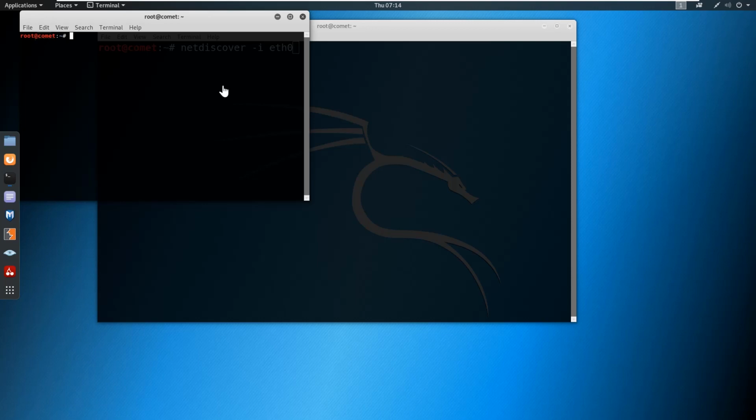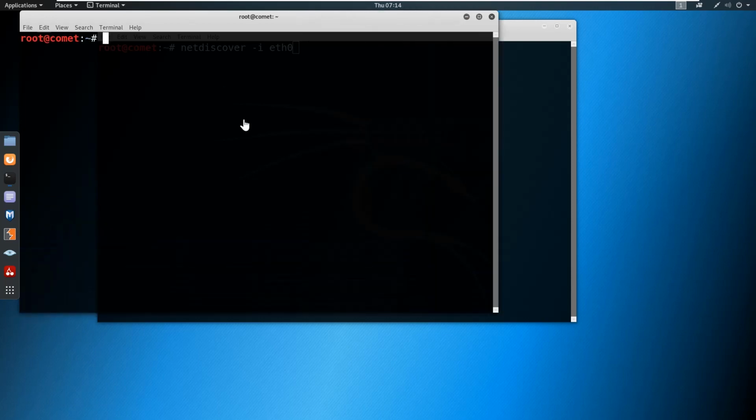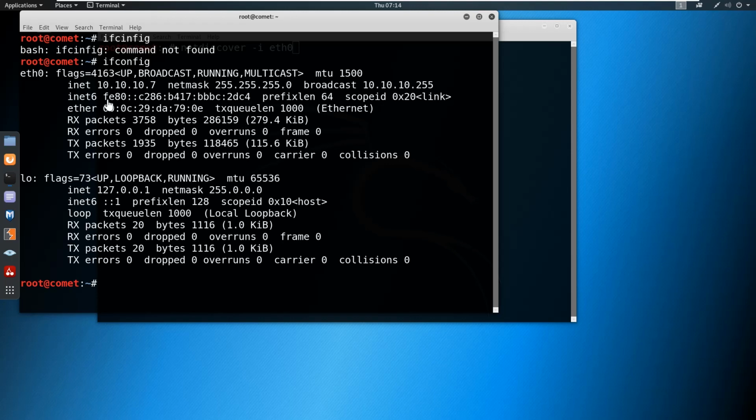In Unix computers, to see the IP address, you can use the command ip addr, or you can use ifconfig. Let me use ifconfig, I'm sorry. And here you can see my computer's details. eth0 is the interface name, and this interface is configured with this IP address, and this is the subnet mask.